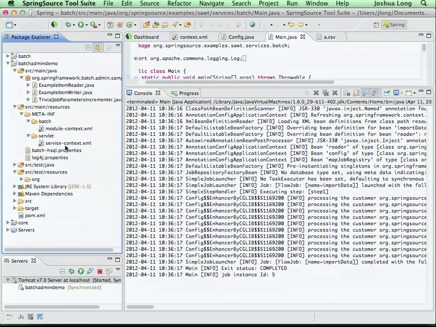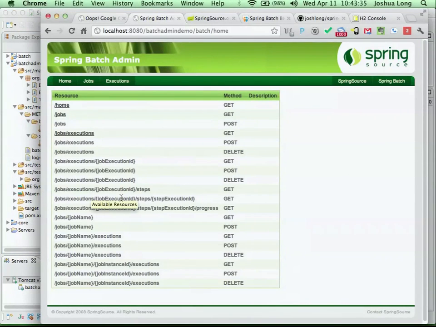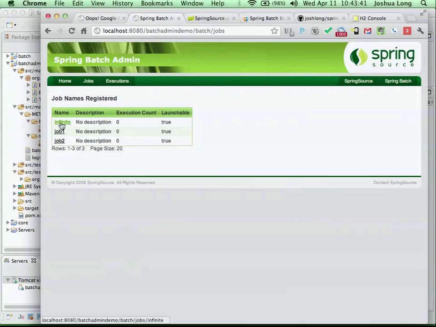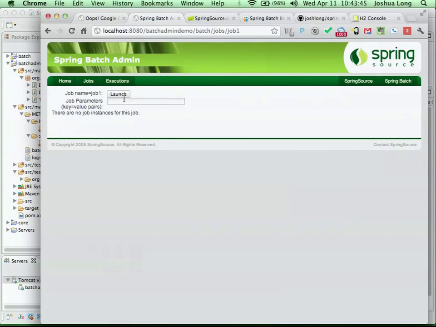Can you cancel a running job? Yep. So here are the API and the URLs you can visit for all the jobs. I can say here are the jobs that are created by Spring Batch Admin. Say I wanted to create a job here, and it takes a parameter, so it's going to give me a field to input the parameters. I know that I need parameters. In this case, this parameter is designed to show you what happens if it fails versus not. So fail equals true.